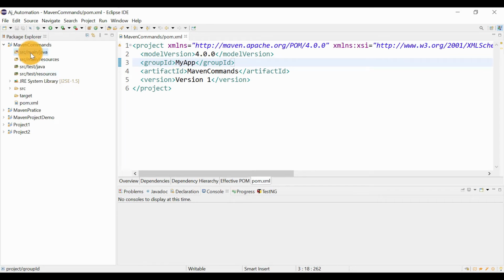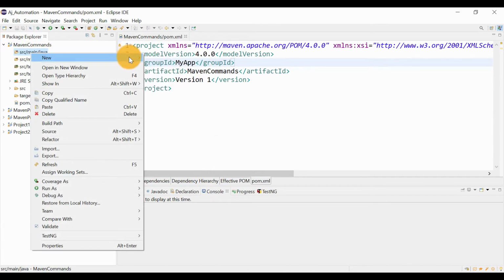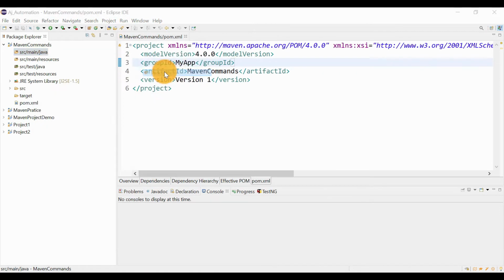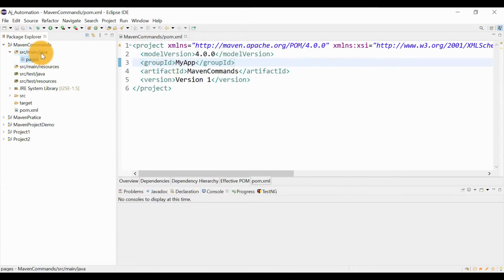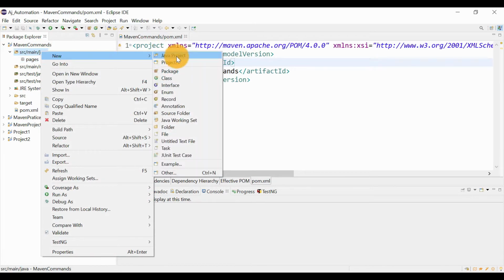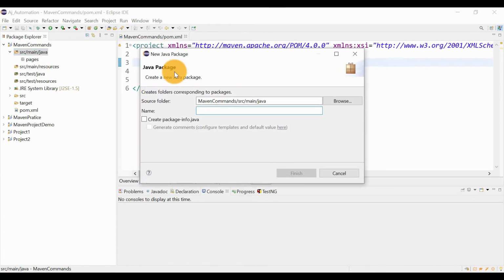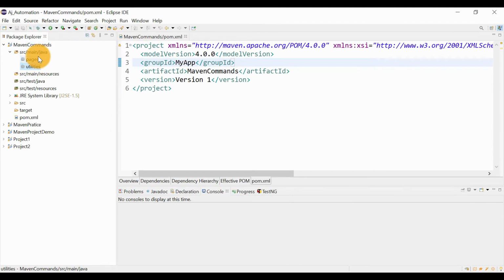Let us quickly add some sample packages and test classes. Here I will add one package, let's say the package name is pages. I will create another package, let's say utilities. Two packages in src main java and src test java.